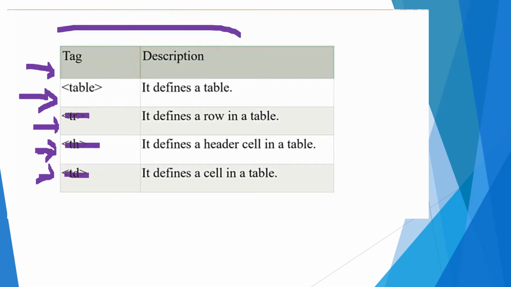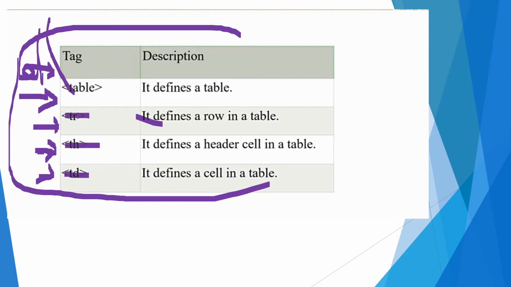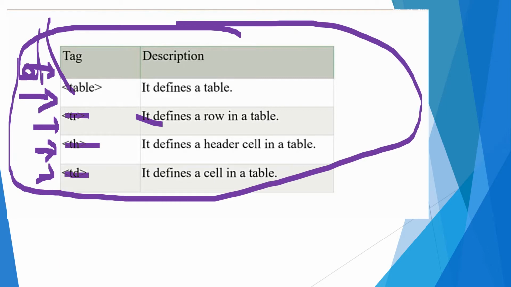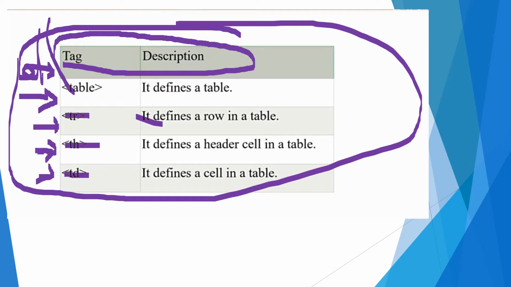This is the table. We all know that this is the total table. And this is th, meaning table header. What does this column contain? Tags. We have given this heading here. What does this column contain?